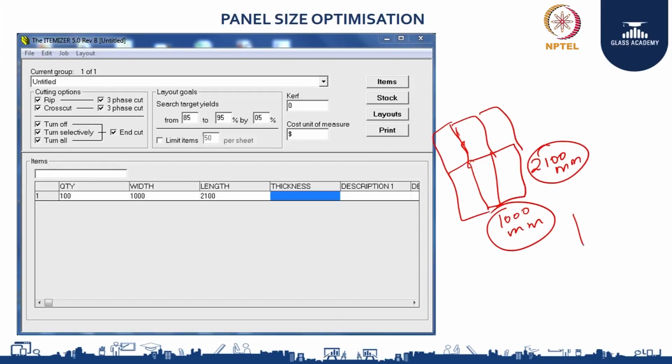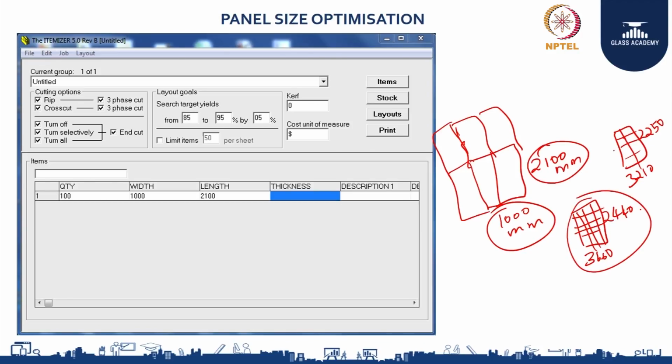Say for example, one size is 3660 by 2440, say another size is 3210 by 2250. So it is bigger or smaller, so adjust that. So based on this you need to cut. So this 1000 mm by 2100 mm has to be cut from different sheets from the manufacturer.